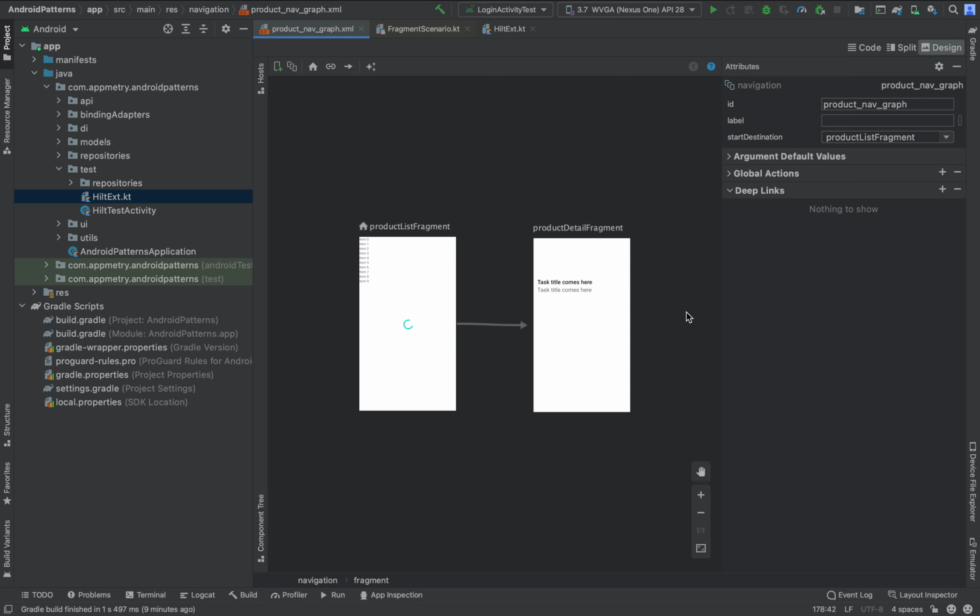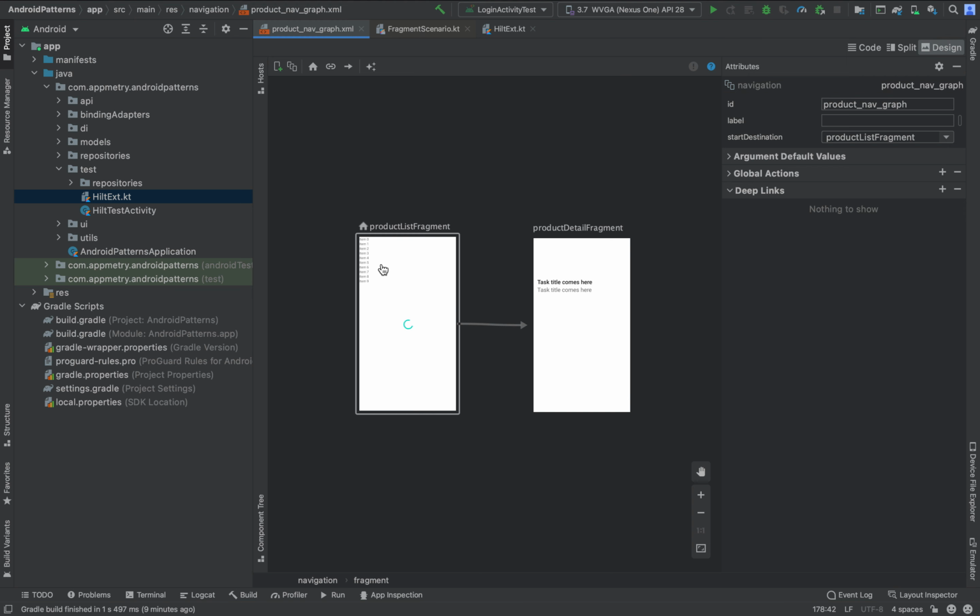So in this video I'm not going to cover the repository layer as well as view model testing. In this video we are going to see only how we can test this navigation controller for testing the fragments as well as the product activity. That will be the end-to-end testing for the product feature.